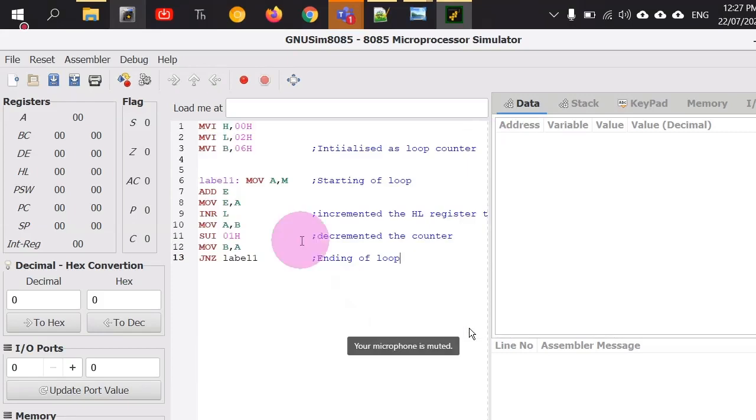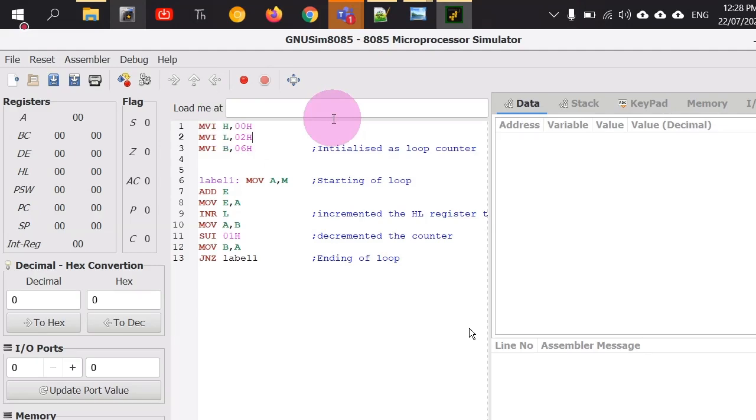So now, here, the intention is to tell you the usage of loops. And I have already told you the usage of loops by using the JNZ statement, right? So here, in the HL register pair, we have started with address 0002, so that the memory register already contains what is presented at 0002. And after 0002, for the next 6 locations, I have filled some data. I want to do some calculation with that, so I have initialized a counter.